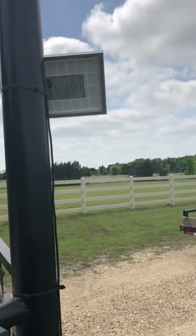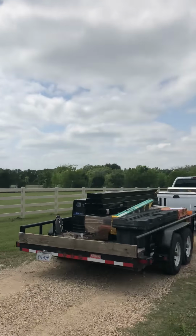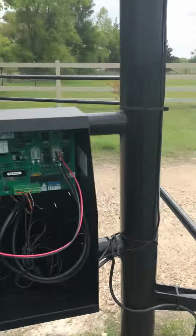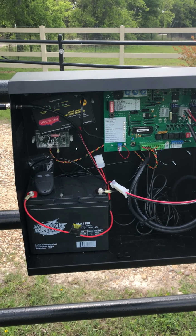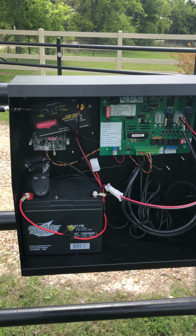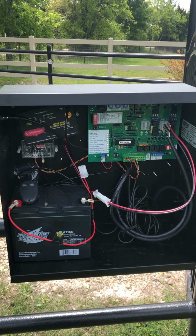Then we have our solar panel installed in a southwestern direction, so all afternoon we have open sun, which for this particular battery we should get enough sun hours here in Texas where we are to complete the cycle we need every day. Once again, that's a US Automatic Patriot Solar 1